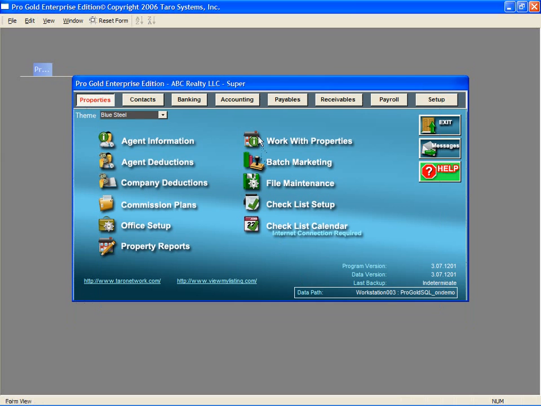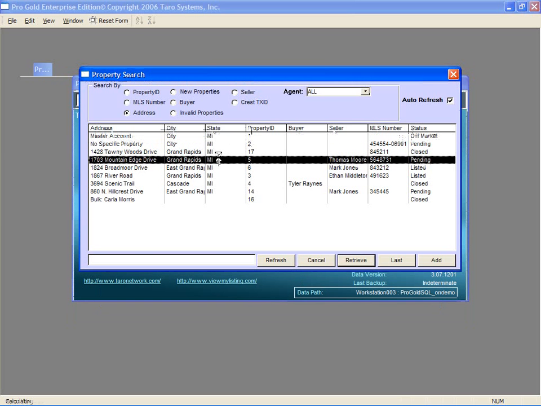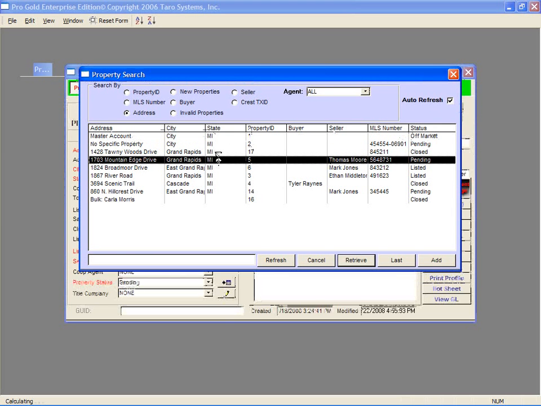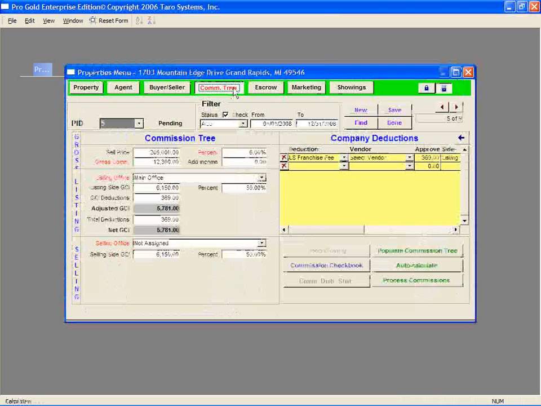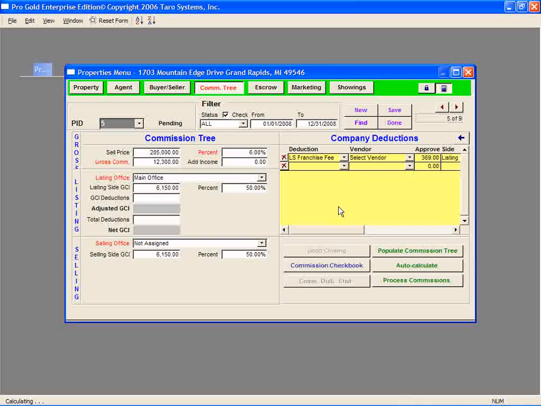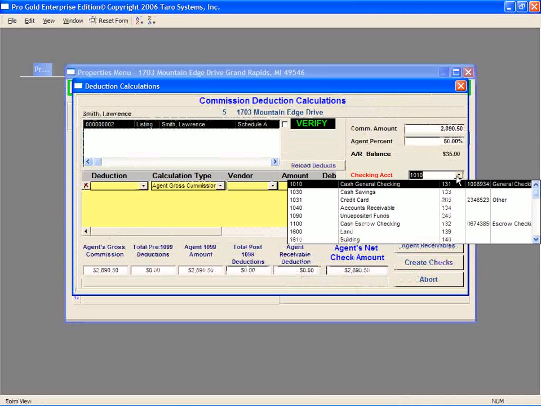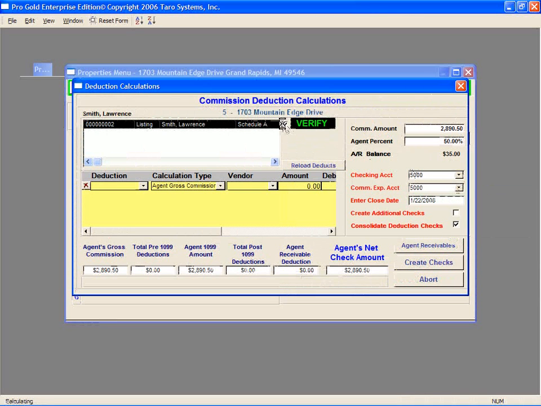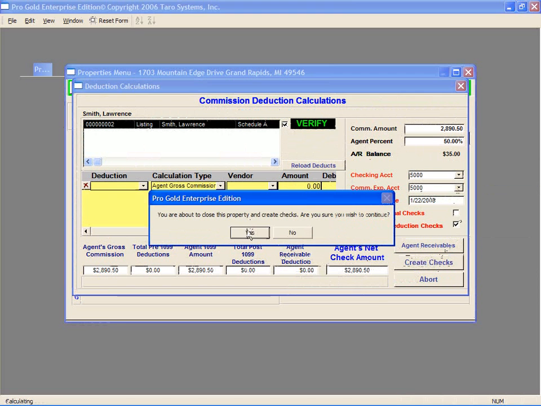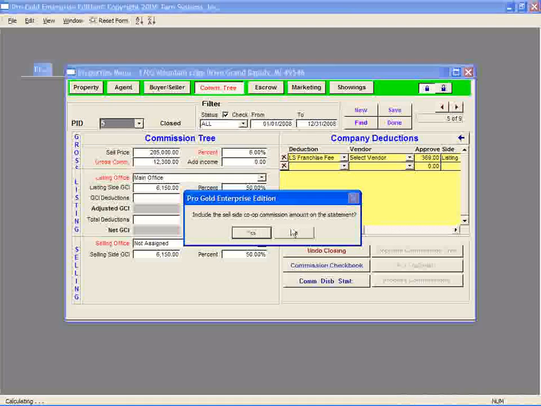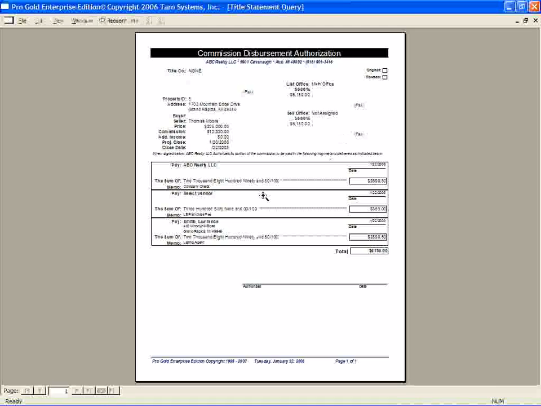Processing Cash Disbursement Statement. For those companies that do not cut their own commission checks and would like to generate a commission disbursement statement, the checking account and expense account can be set to the same number. Setting the checking account to an account that is not associated with a bank account notifies ProGold to generate a statement when Create Checks is selected. You also want to make sure that no deductions are set to actually generate a check, or the statement will not appear. For either process, the system will then change the status of the property to closed, update the 1099